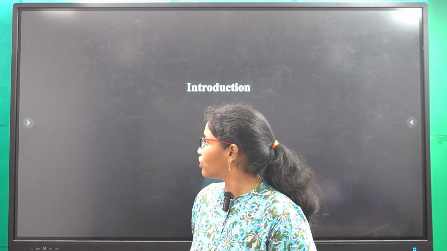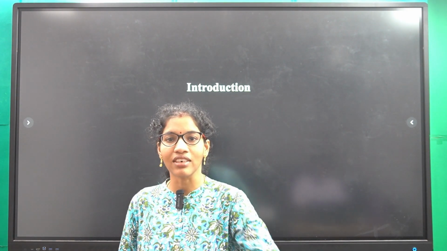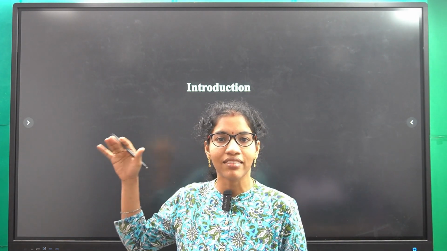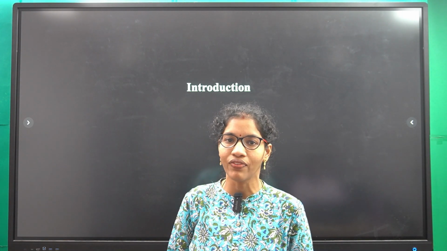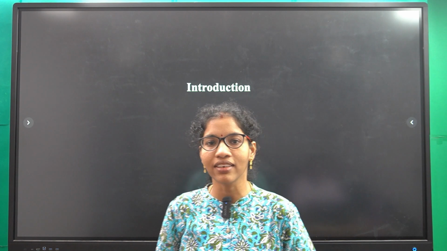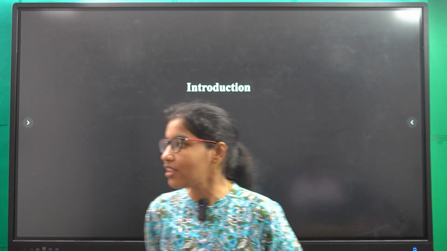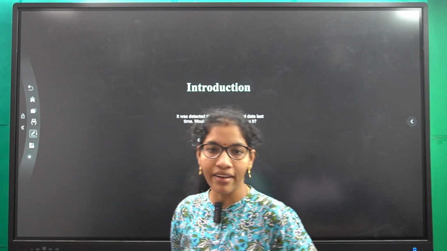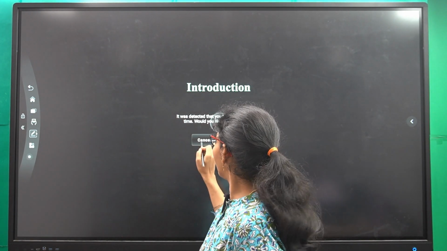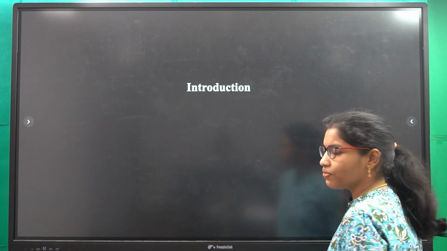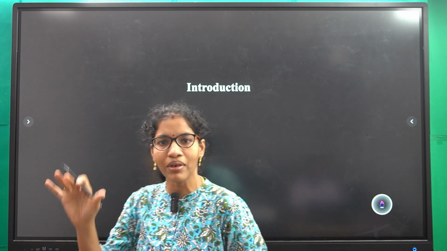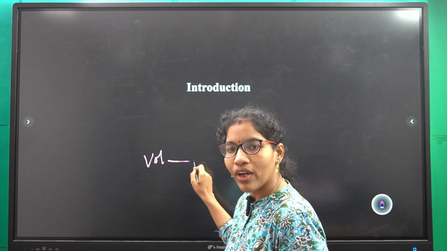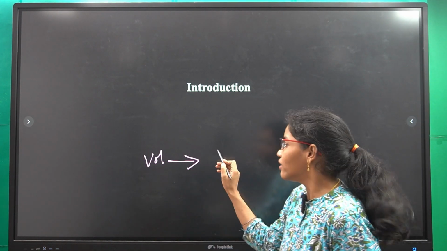Mensuration is the study of the areas, perimeters and volumes of different types of figures. We have 2D and 3D types of figures, right? For 2D figures we are finding perimeter and area. What about volume? 2D figures are nothing but plane figures. Can we find the volume for the 2D figures? No. We are finding the volume for 3D figures.